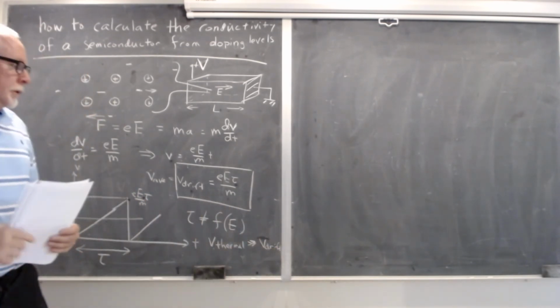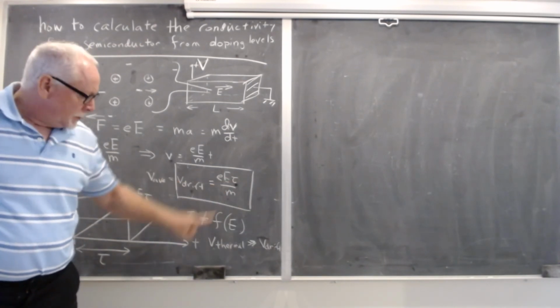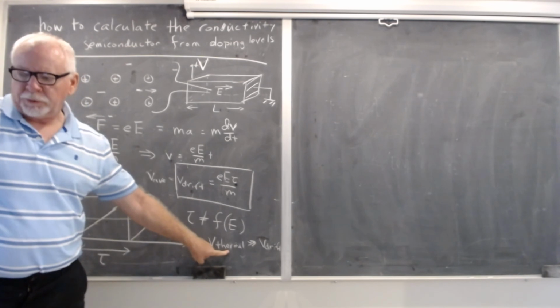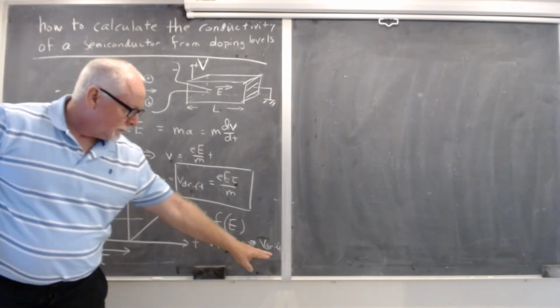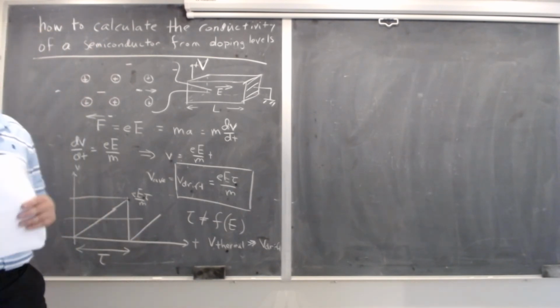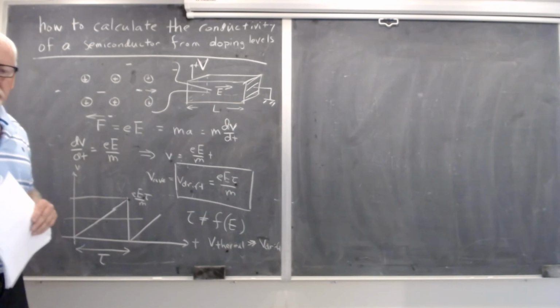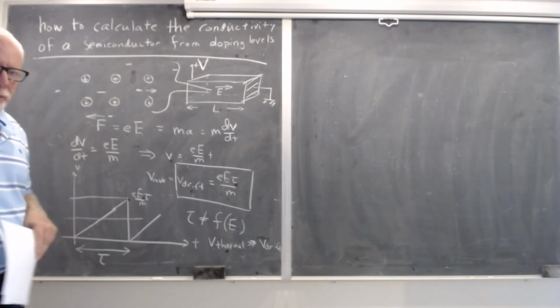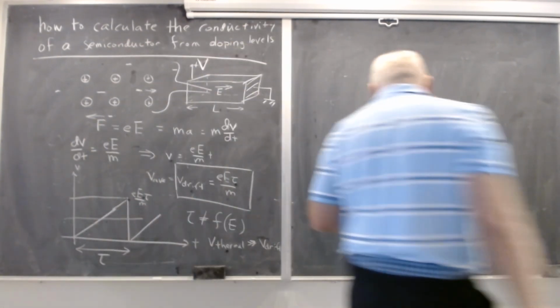So it means that the time between scattering events is governed by temperature, and the electric field, which governs this, has very little impact. The consequence of that is that we have Ohm's law, which is that current goes up linearly with voltage. All right, so after that little wrinkle,